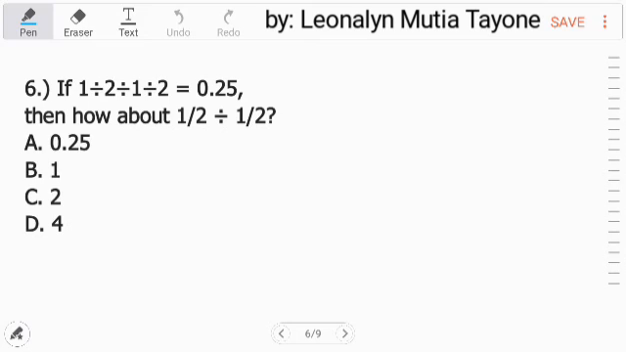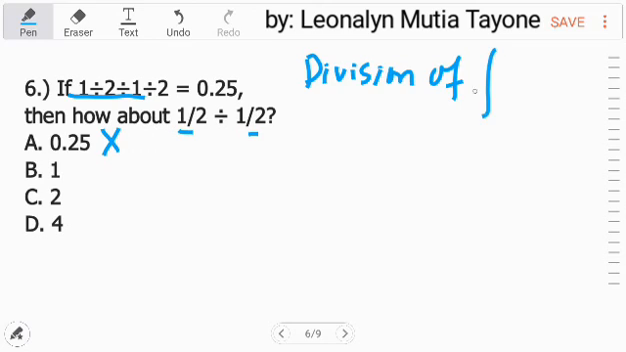Question number 6. If 1 divided by 2 divided by 1 divided by 2 is equal to 0.5, then how about 1/2 divided by 1/2? Ang iba ay sasagot din ng 0.25 kasi daw pareho lang silang nag-divide. Huwag kalimutan na meron tayong tinatawag na division of fraction. Sa division of fraction,